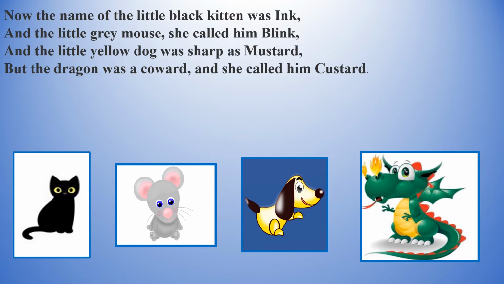Let's start with the explanation of the second stanza. So, dear children, in the second stanza, we come to know about the names of Belinda's pets. The name of the little black kitten was Ink, and the name of the little grey mouse was Blink, and the name of the little yellow dog was Mustard, and the dragon, who used to be considered a coward by Belinda and the other creatures in the house, she used